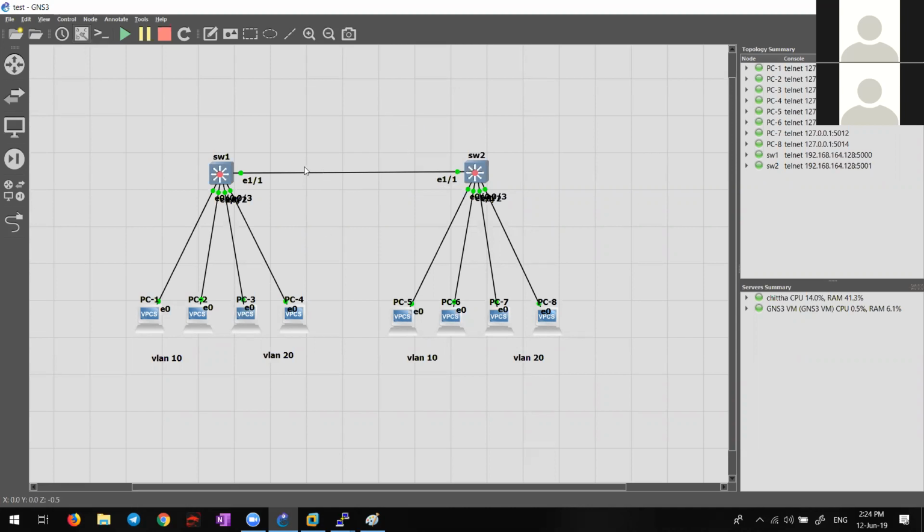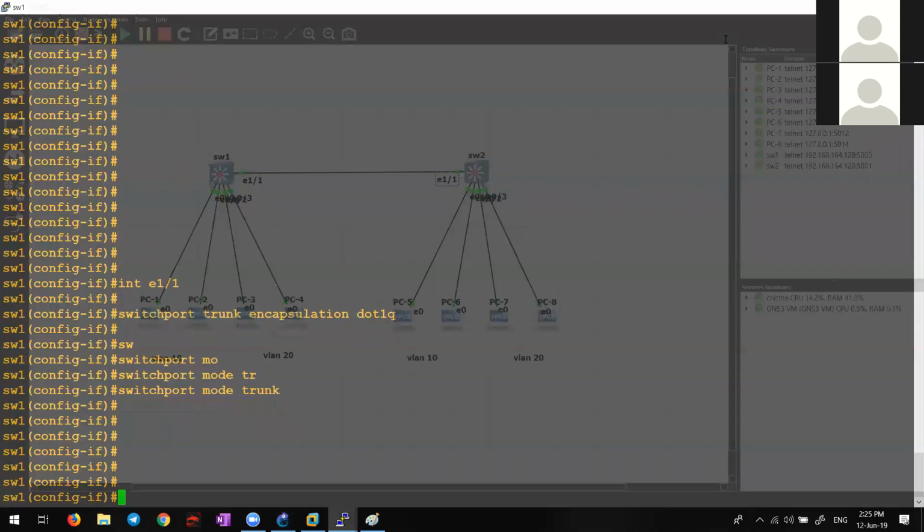If I remove this link and connect a PC to this port, that will be access. I agree with you guys, it is true. And also, if this is connected to a switch that says I want to become a trunk, it is ready to become a trunk also. Why? Negotiating is the reason, but then how is it becoming an access port? Maybe there is a confirmation message? No. See, the reason is different.